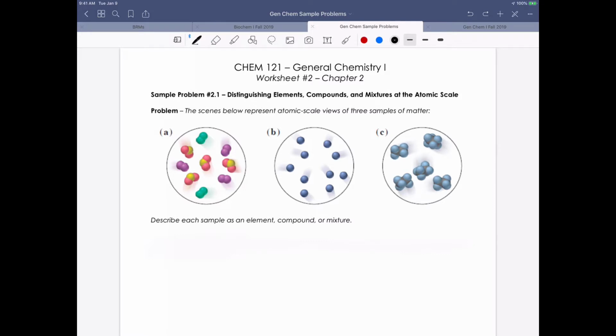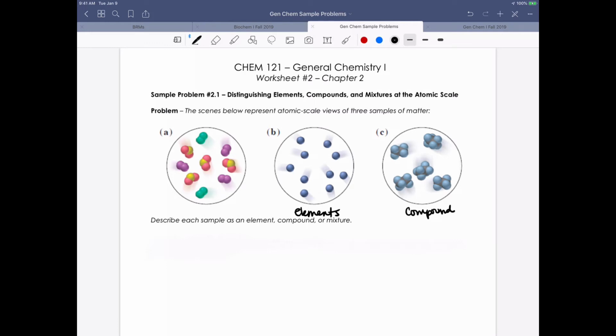And so again, very simply here, we can look at the fact that we've got elements. In our second sort of panel here, we can see that this is some sort of monoatomic, single atom, probably gaseous element. Over here in the C panel, we can see that we have different atoms that are hooked together to form a compound. And we'll learn later on in this chapter that this compound appears to be a covalent compound where we've got the sharing of electrons between two nonmetal atoms, and this still appears to be a gaseous